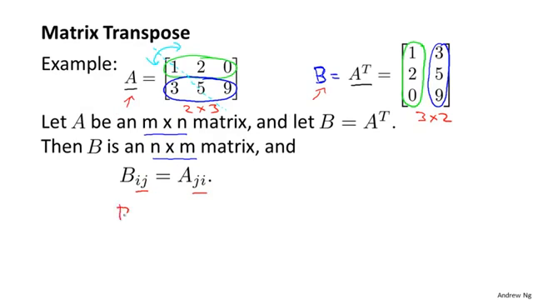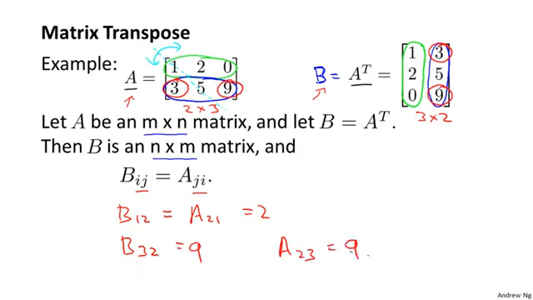So for example, B12 is going to be equal to, look at this matrix B, B12 is first row, second column. And that's equal to A21, second row, first column, which is equal to 2. And as another example, B32 is this element 9, and that's equal to A23, which is this element up here, 9. And so that wraps up the definition of what it means to take the transpose of a matrix,